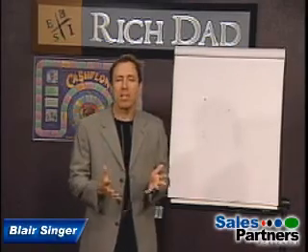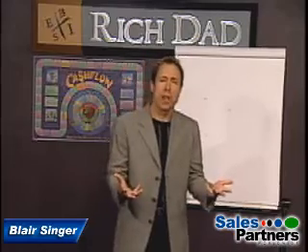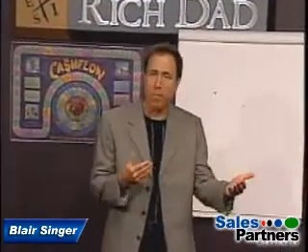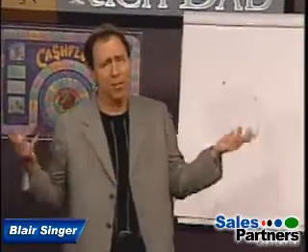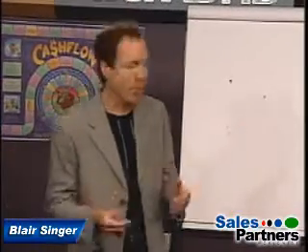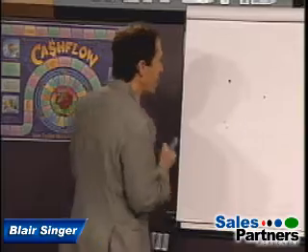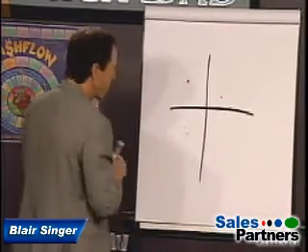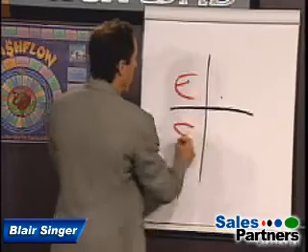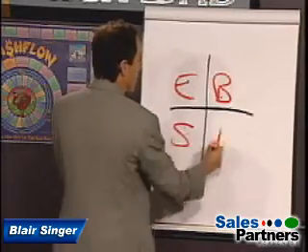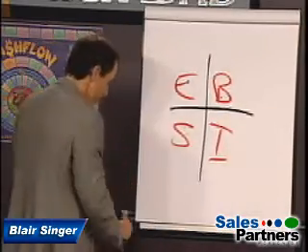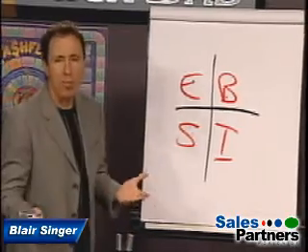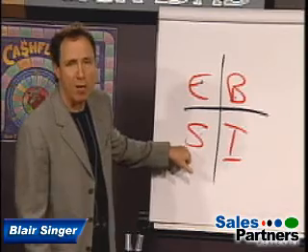You know, a lot of people ask me, they say, well, we're familiar with Rich Dad, and you talk about S quadrant small businesses and B quadrant big businesses, but this sounds to me like an S quadrant business. So let me explain. If you look at the cash flow quadrant, for those of you that are not familiar, it's employee, self-employed or small business, B, big business, and I, investor.